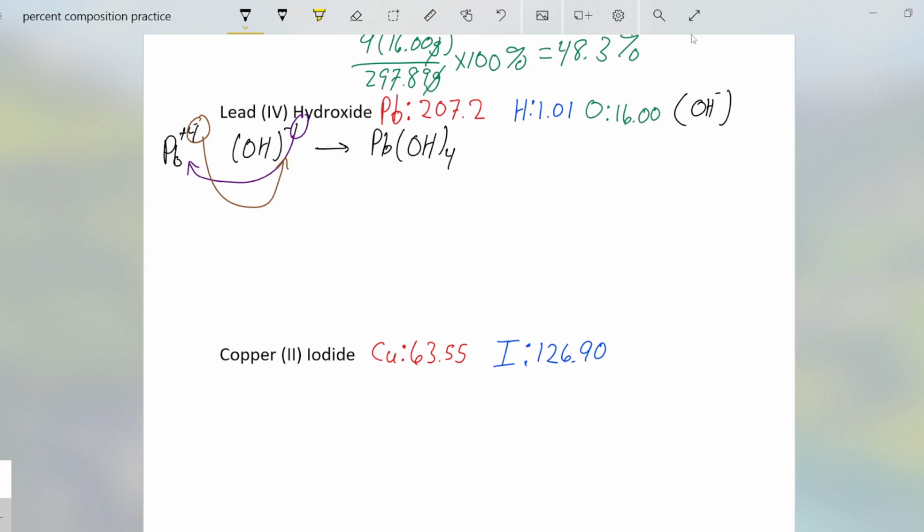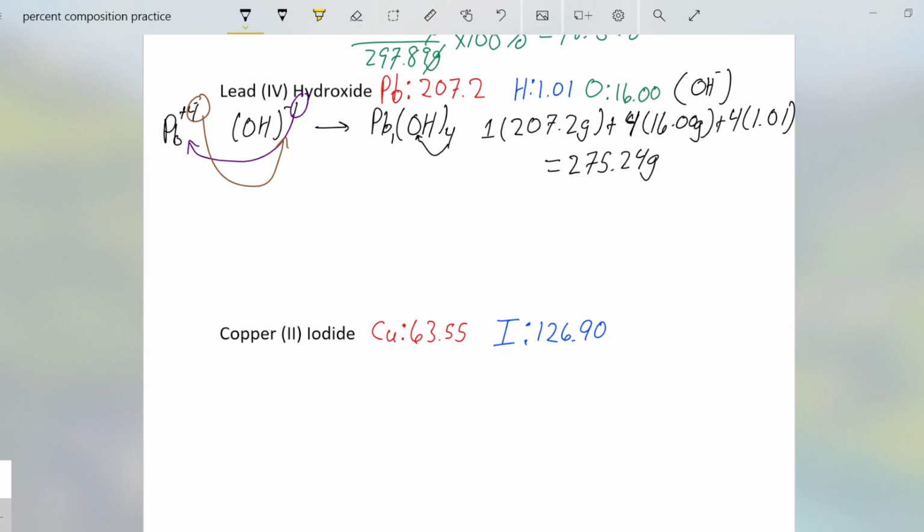Then to calculate the molar mass, I take that there is 1 lead, and I multiply that by the molar mass of lead, 207.2 grams. I add the number of oxygens, which is 4 times 1, or 4. So 4 oxygens, each weighing 16 grams. And I add also the 4 hydrogens, one weighs 1.01. When I add all of this together, I get 275.24